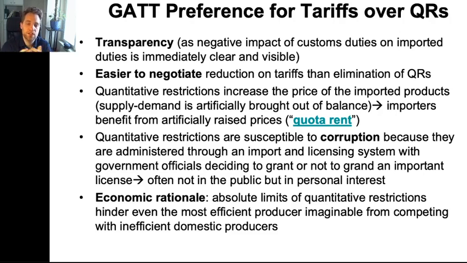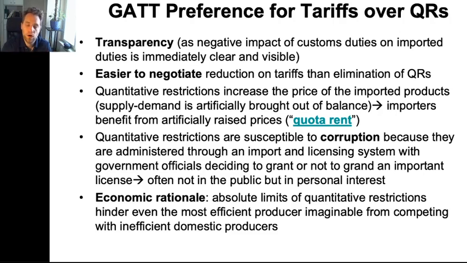The first among them is transparency. Why? Because, as you may know as an individual consumer, if you buy something, you have to pay the tariff immediately. So you can see that a certain percentage, for example, has been added to your product, and you do just think that, why do I have to pay 10 or 15% more just because my government wants to protect shoe manufacturers, or who else? I'm mentioning shoe manufacturers because that's what happened to me when a couple of years ago I bought a shoe via eBay, a particularly rare sneaker, and then all of a sudden I had to pay a bit more than